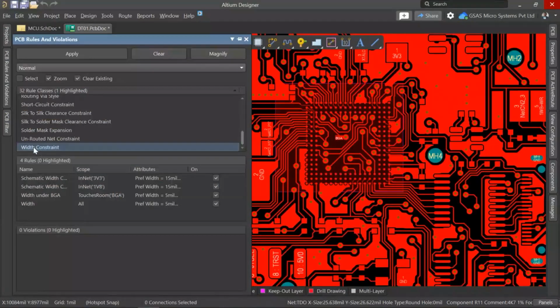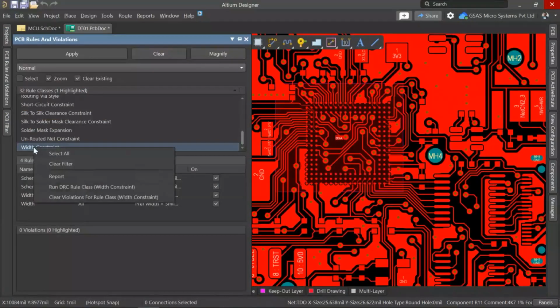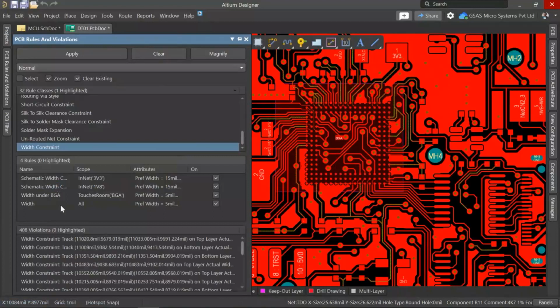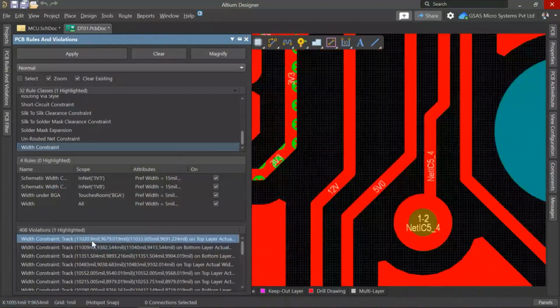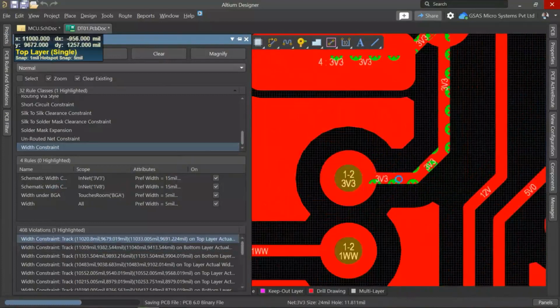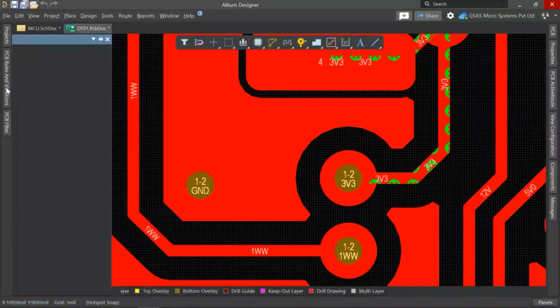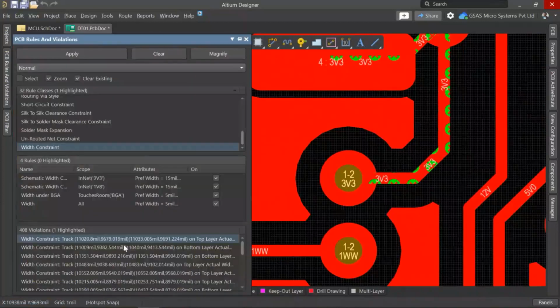Now let us run the rules and violations for this particular rule. Run DRC class. Yes, these 408 rules are for this particular net class only. You can see here we have got a violation. If you want to see exactly what the violation is, then select Control A,